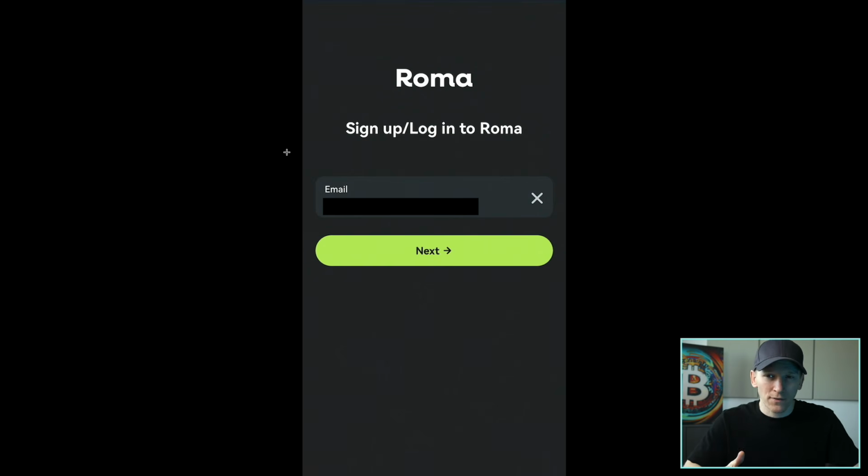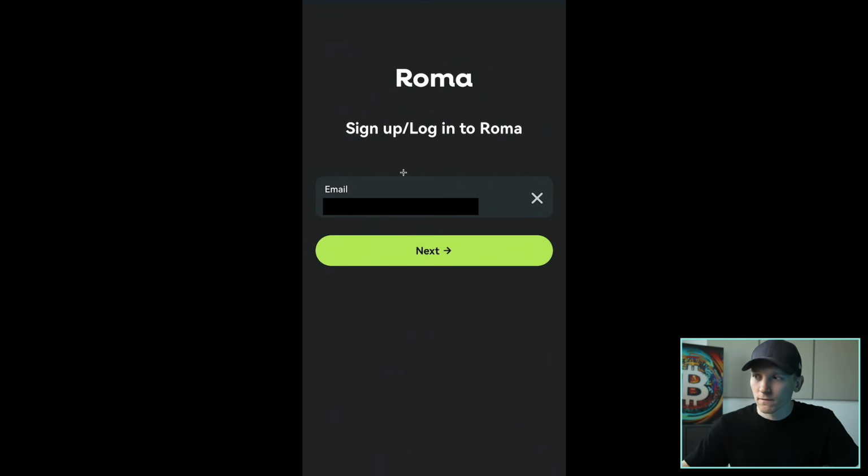In your country, you may not have this exact option. It may say bank transfer with a different partner. In any case, I'll show you exactly how to set this up. So with Roma, it says you need to set up an account. However, you're going to use all of your Binance details here, including the KYC that you've already given Binance, like your ID document. That's all going to be automatically used for you, and you basically just have to check it